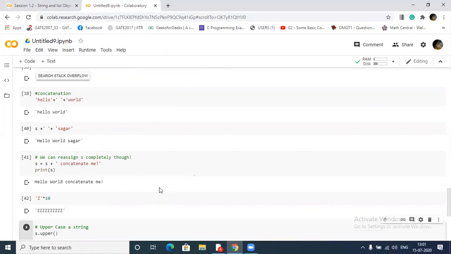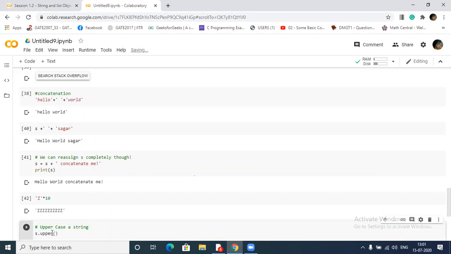In text mining, sometimes some words are in capital and some words are in small letters. So we perform this operation to bring all the sentences and words into either lowercase or uppercase, so that we can perform analysis in a better manner.